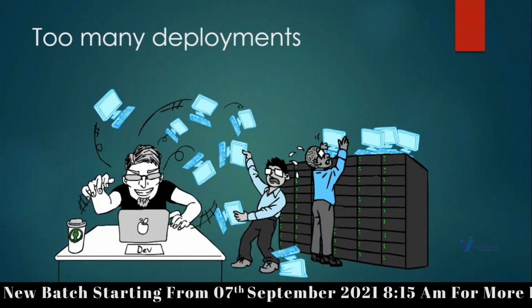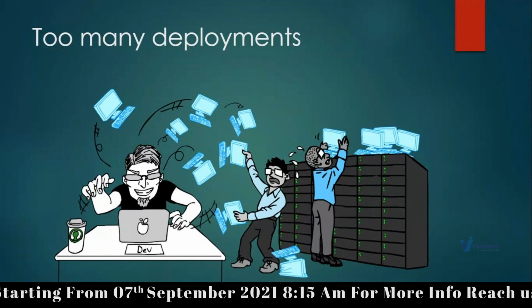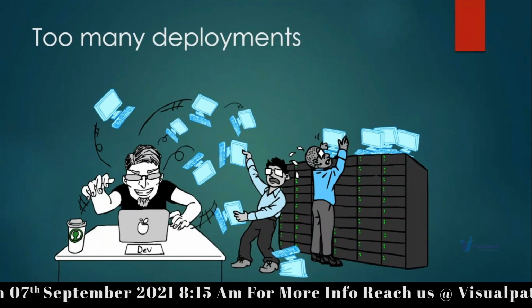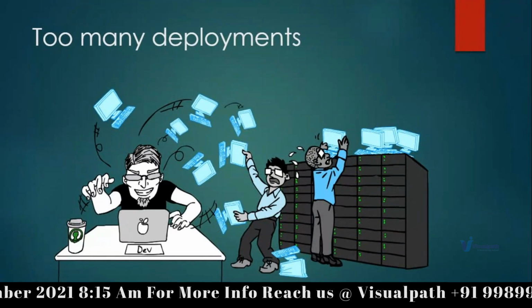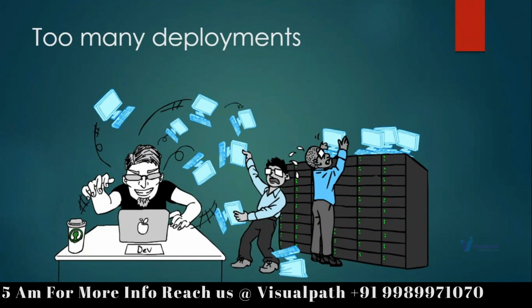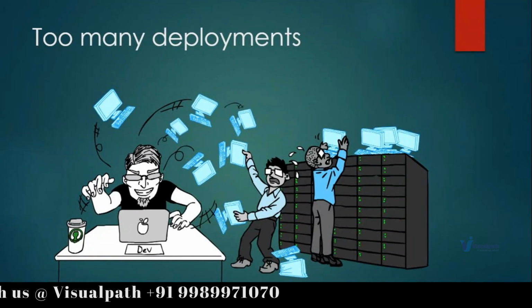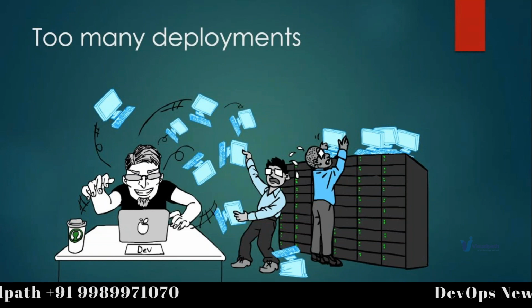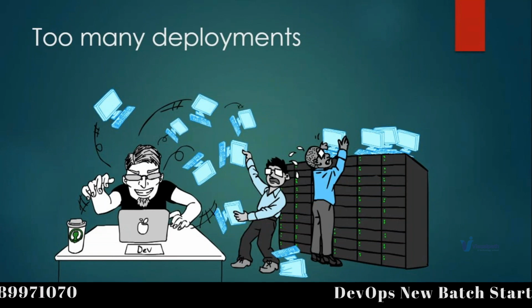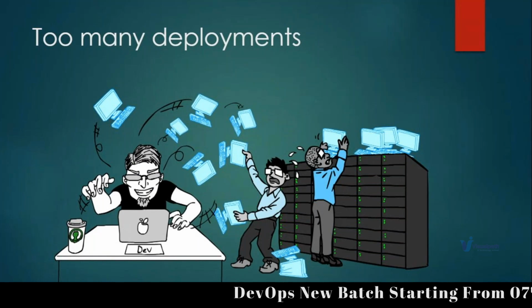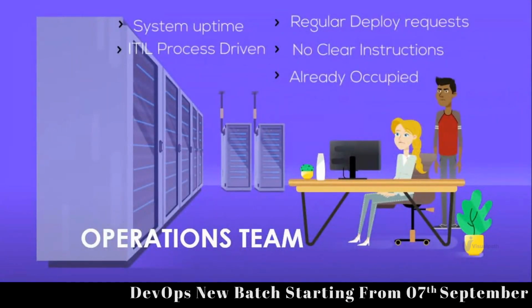Now I've been saying the ops team is not able to handle it, right? But why are they not able to handle it? Yes, people can pump in more system admins. How about that? You have 10 system admins, put in 10 more, increase the ops team, right? But that's not going to fix the problem. The reason is the ops teams,